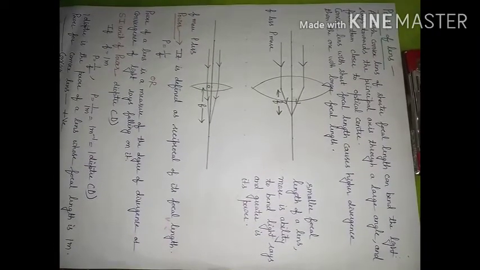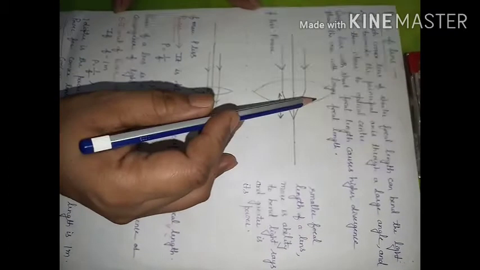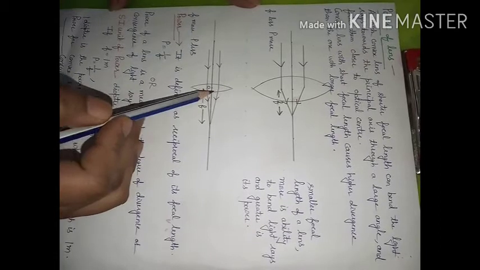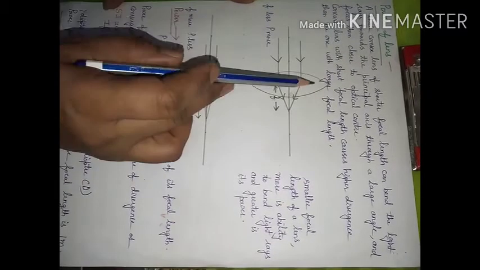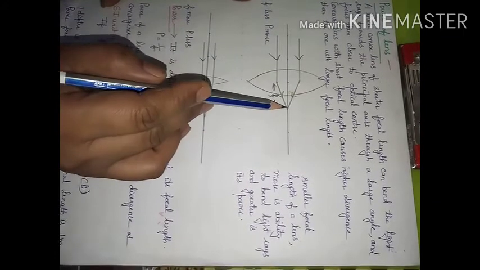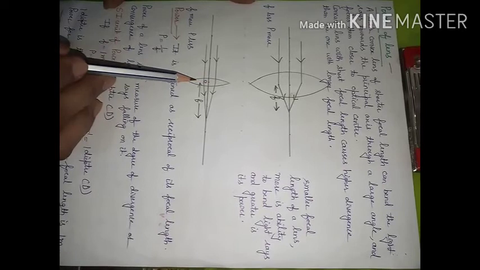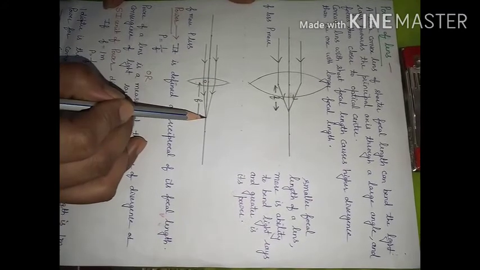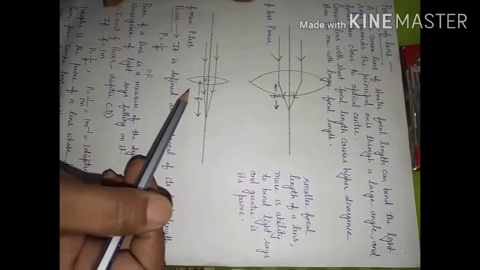Today we will discuss power of a lens. Consider this lens. This is convex lens and this is also convex lens. This is thick, this is thin. In this case also a parallel beam of light is falling on convex lens and it is going to converge at this point. In this case also a parallel beam of light is passing through convex lens and it is converging at this point. Now what is difference between this diagram and this diagram?